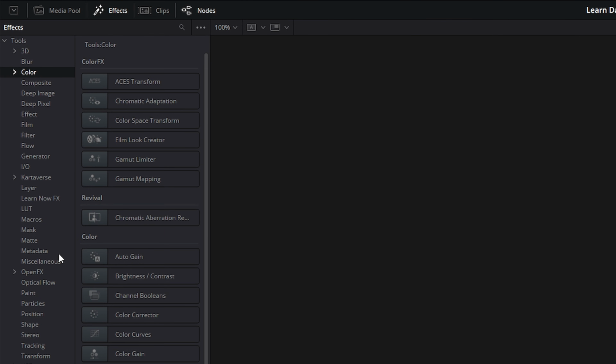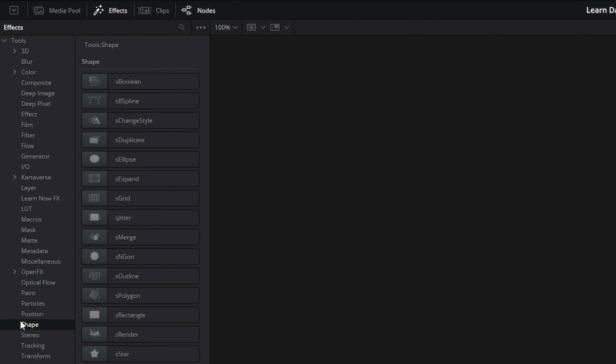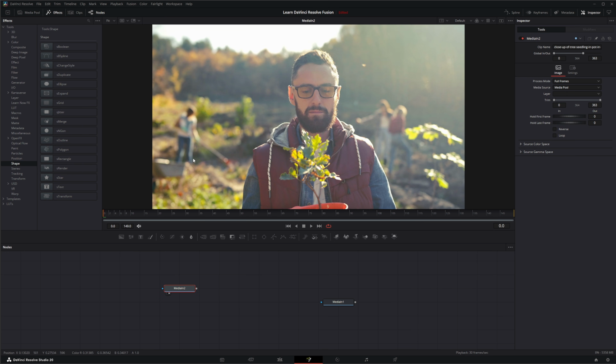Same with all my color and all my flow nodes. And if I'm looking for my shape nodes, here's all my shape nodes. So this is the easy way to find nodes you're looking for. And to be able to use these, we can just simply drag and drop them into our little node area down here. So if I grab some footage, and we got our little footage here, and I go to color,